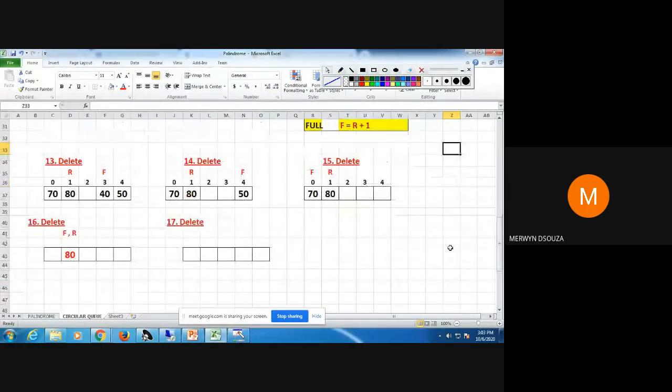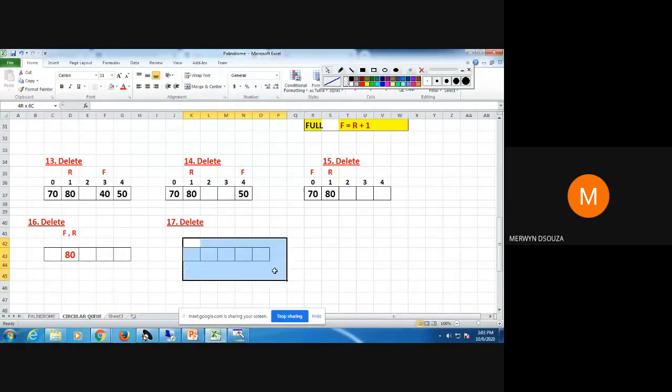What can be the Q empty condition? What should you check for Q empty? Can you tell me? See, now in this step 17, Q has become empty. So before Q became empty, in step 16, what is the value of front and rear? What was the value of your front and rear?